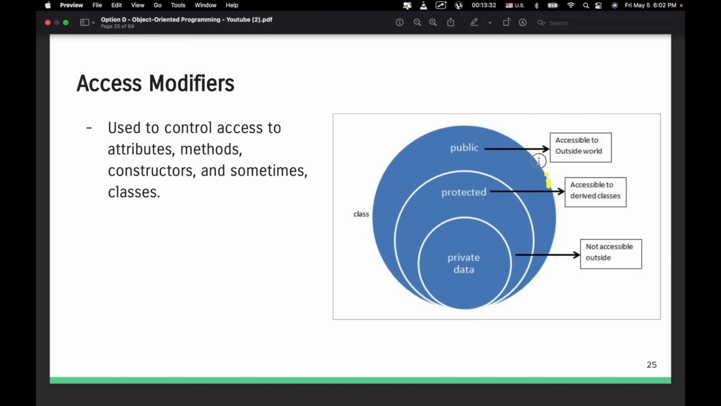Now here's a little graphic. Private data is not accessible outside of a class. Protected is accessible to derived classes or subclasses. Public is accessible to the outside world. Actually, methods can be made private, public, or protected as well, depending on how and where we want to be